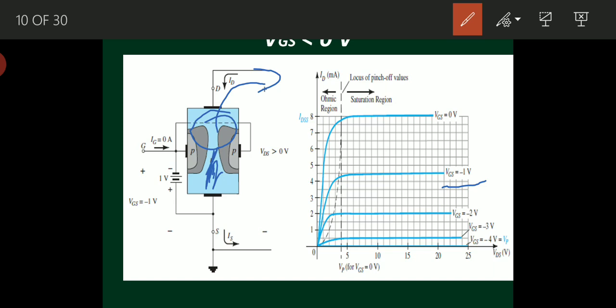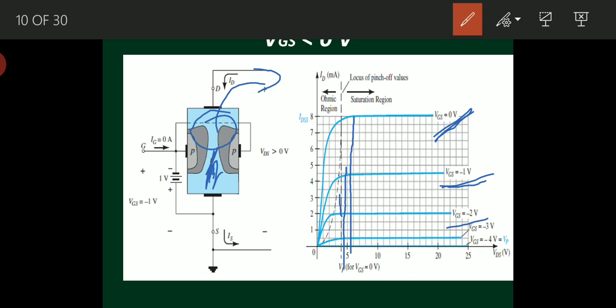So when VGS equal to some negative voltage, you apply between gate and source terminal here as shown in the figure on the screen you are seeing now, right? This helps to reach saturation level of drain current at lower level of VDS. Previously, when VGS equal to 0, I am getting saturation condition here at 5 volts, right? Means VP equal 5 volts there, right? Yes. When VGS equal to -1 volt, what is happening? I am getting saturation current here itself. Let us suppose it is 4 volts.